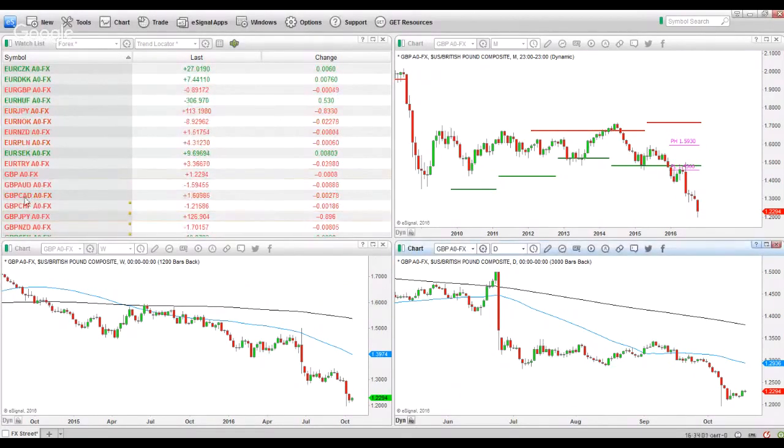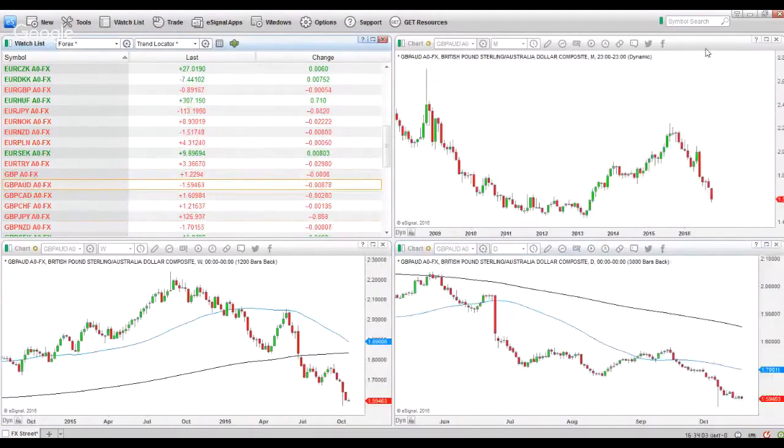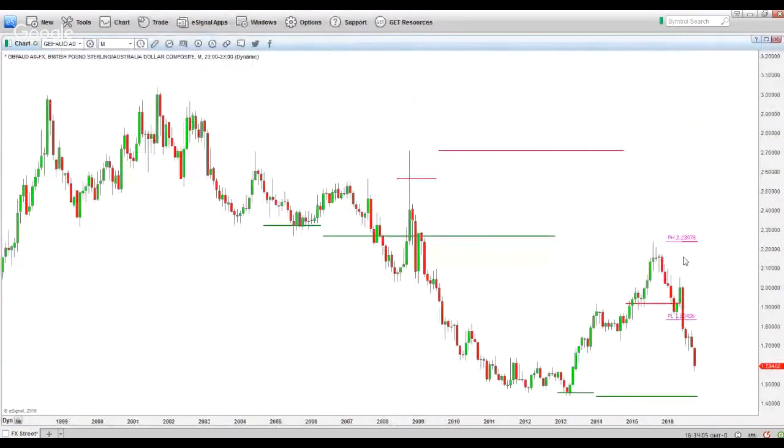Okay, let's go on to the pound Aussie dollar. Pound Aussie dollar. Again, below the pink lines. Look at where the pound Aussie dollar is right now, guys. 1.6 round number. So it made its way through all of these round numbers and it's currently finding comfort around 1.6. We want to see price clear that level and go towards 1.5. If it clears this, then 1.4. These are the levels we want to see price moving towards.